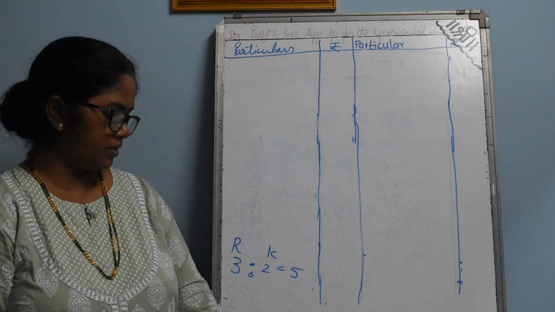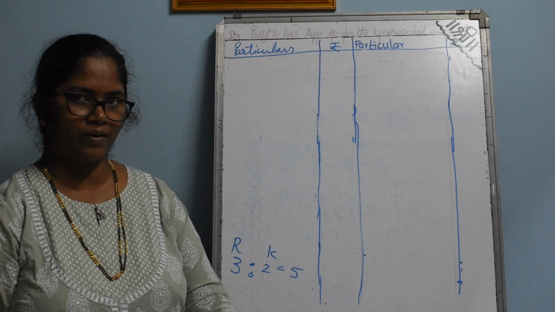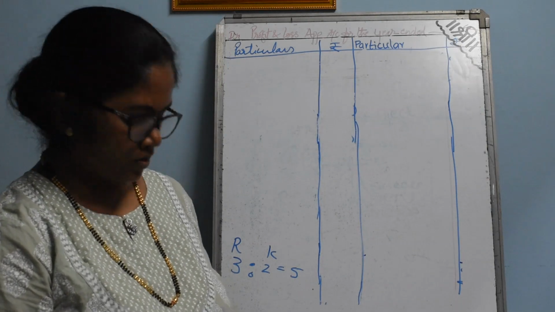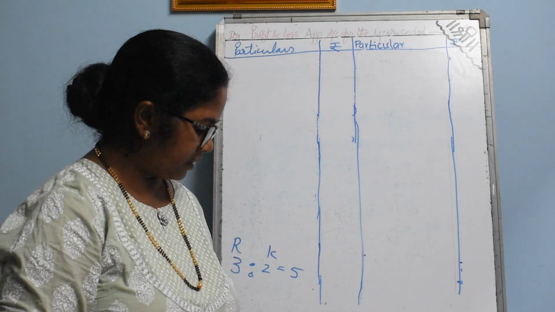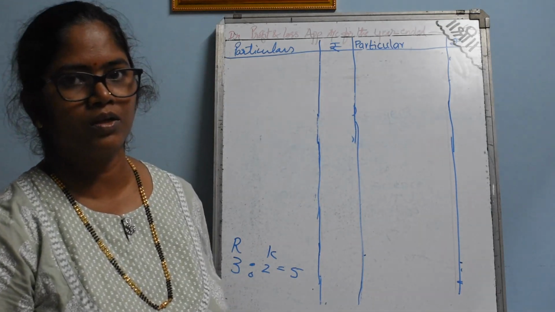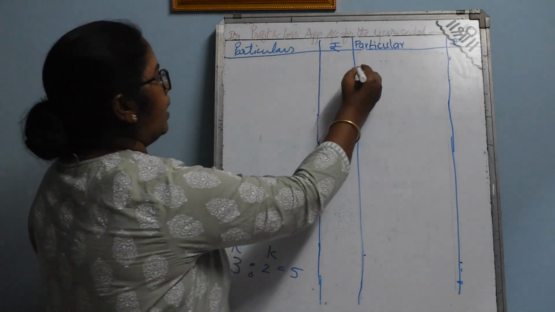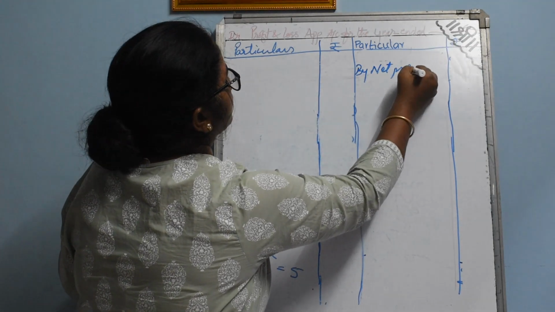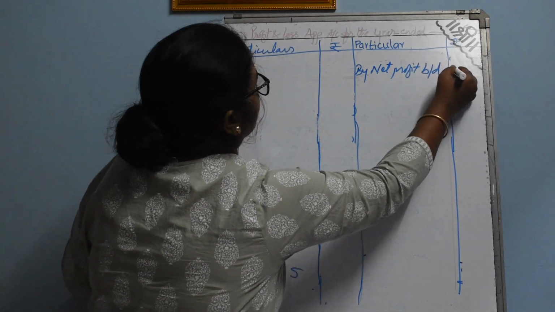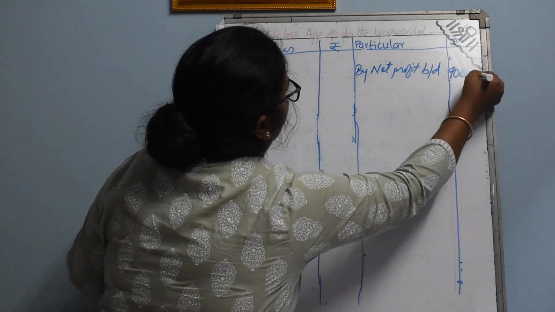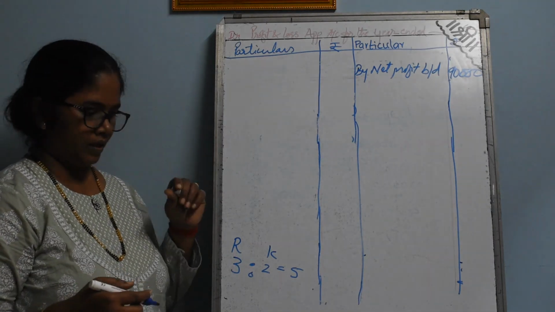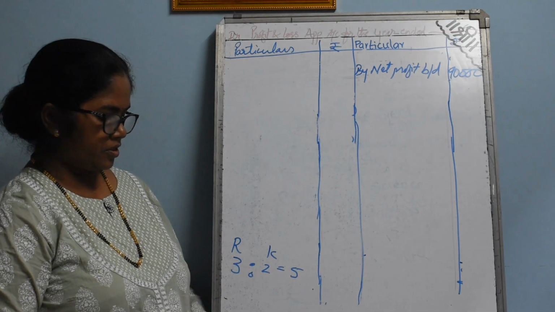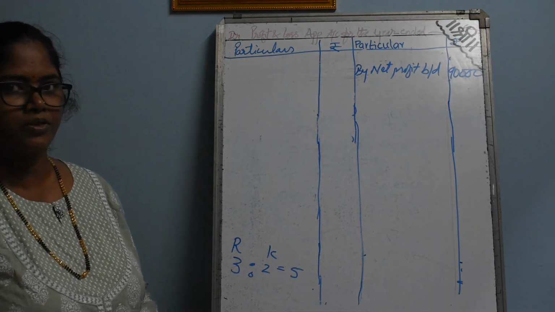Then commission payable to K is rupees 10,000. So let us see, the profit for the year ended 31st December 2017, before making the above adjustments, was rupees 90,000. So let us take the profit by net profit brought down, 90,000. So next we will take the first point. Interest on capital to be allowed at 10% per annum.